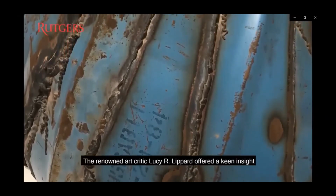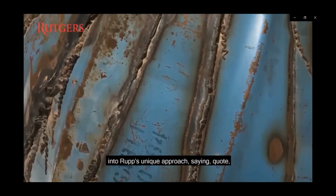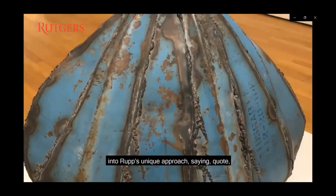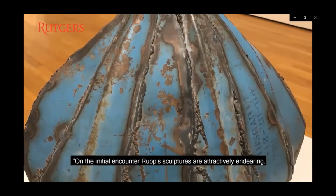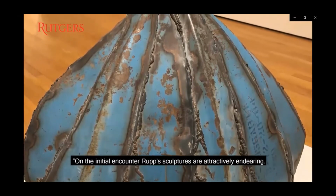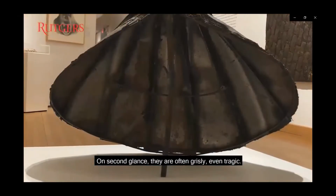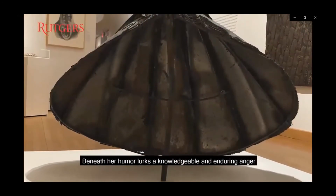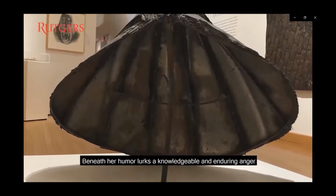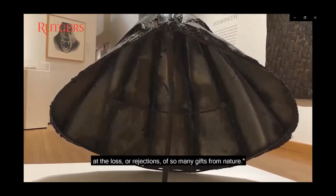The renowned art critic Lucy R. Lippard offered a keen insight into Rupp's unique approach, saying, quote, "On the initial encounter, Rupp's sculptures are attractively endearing. On second glance, they're often grisly, even tragic. Beneath her humor lurks a knowledgeable and enduring anger at the loss or rejections of so many gifts from nature,"